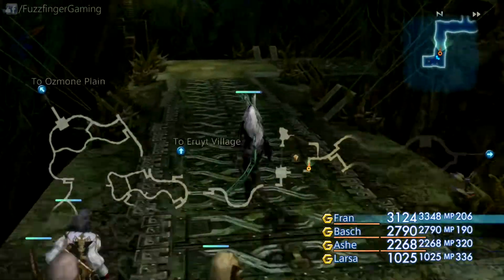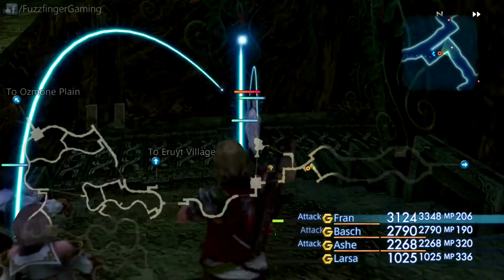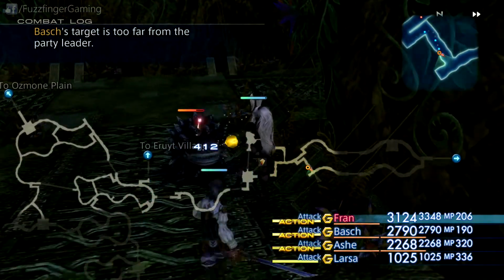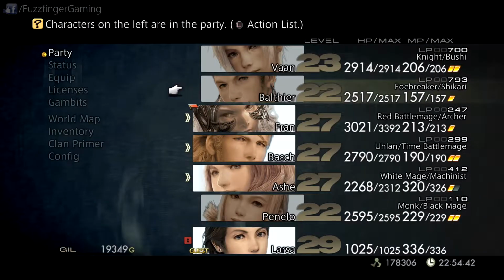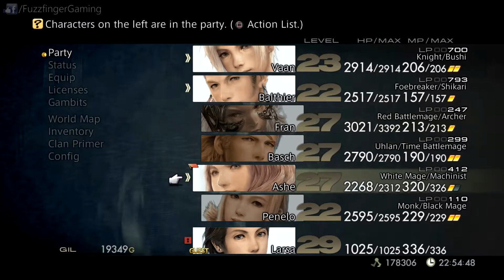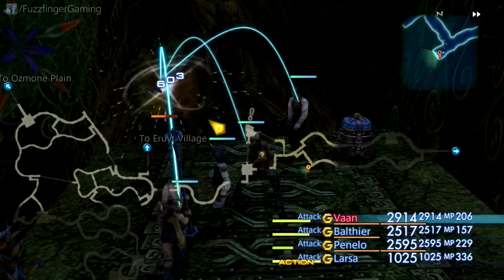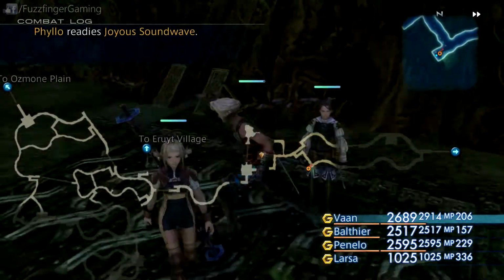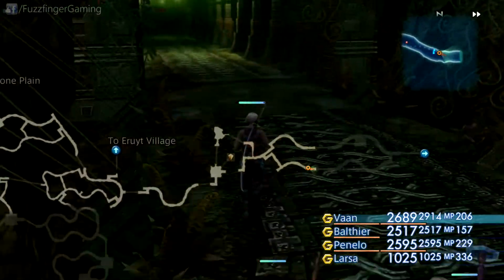Grab me gil and me meteorite. And then we're going to go down the bottom path to begin with. Going to get rid of Bash because he's already high level. Don't want him. Or Fran really. Let's bring some of the lower levels so that they can catch up. More gil, and then we're going to continue across. Just going to ignore the neutrals,